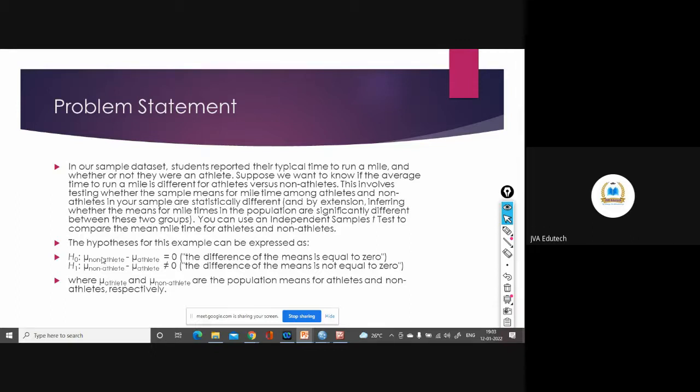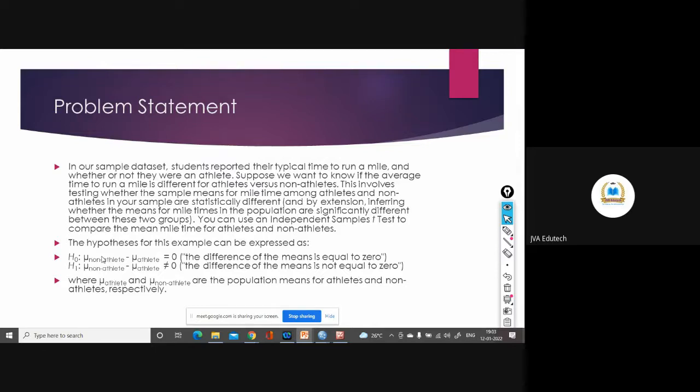The alternate will be mu non-athlete is not equal to mu athlete, means there exists a significant difference between the time taken by both the categories to run 1 mile distance. Or you can write mu non-athlete minus mu athlete is not equal to 0, because if they are different, then of course their difference won't be equal to 0. Here mu athlete and mu non-athlete are the population means for athletes and non-athletes.